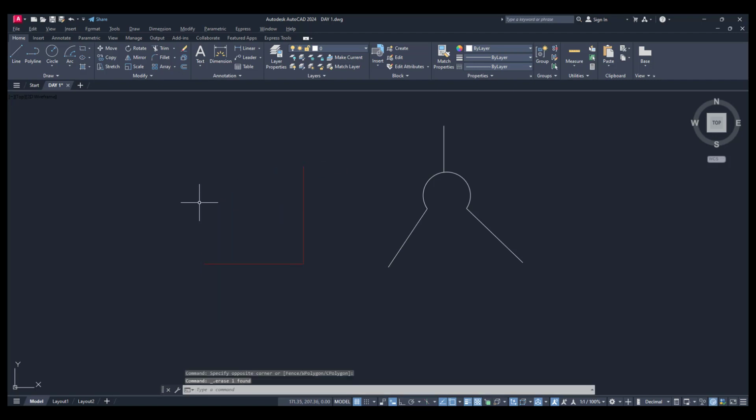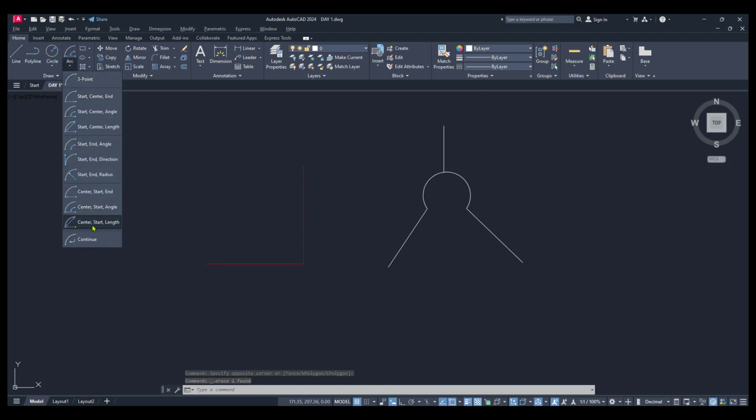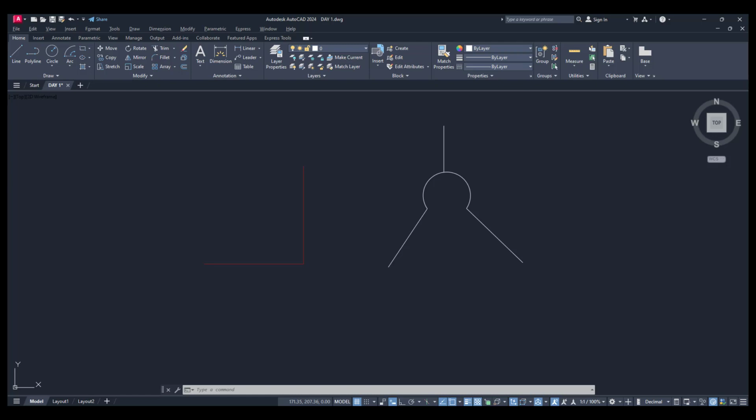Select and delete. Go to the 10th method, that is center, start and length. Same thing, I am clicking the first point as my center point and start, and the length we already know from last time, that is 14.14, enter.